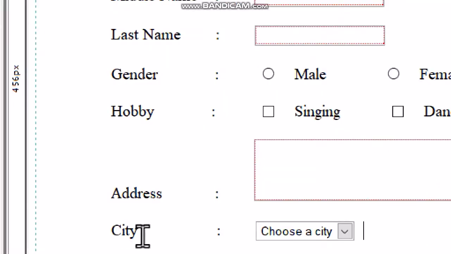So we can see that in the city field, choose a city has the value -1, Ahmedabad has value 1, Baroda has value 2, Surat has value 3 and Rajkot has value 4.